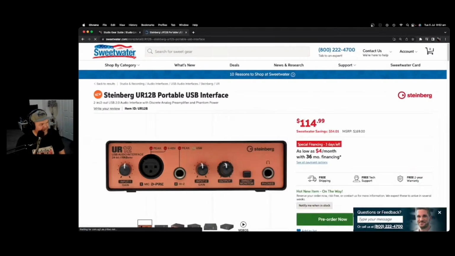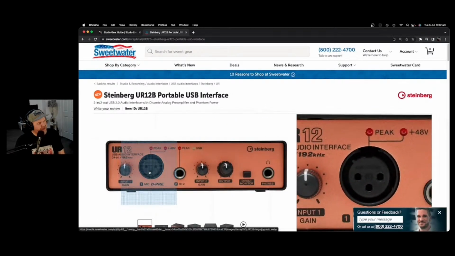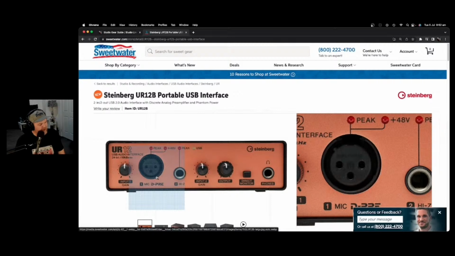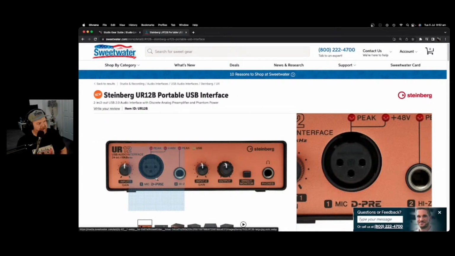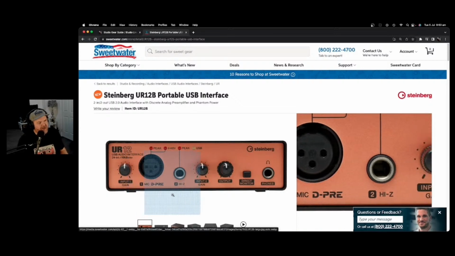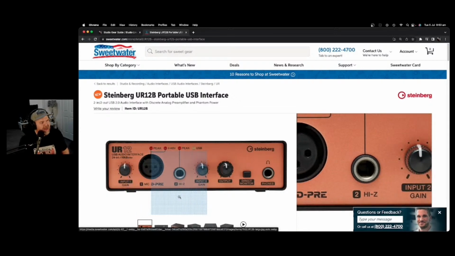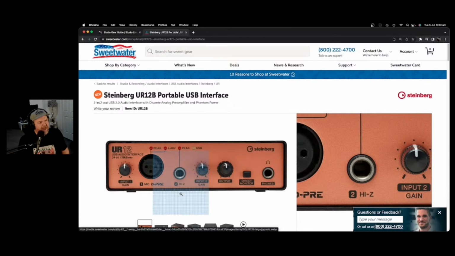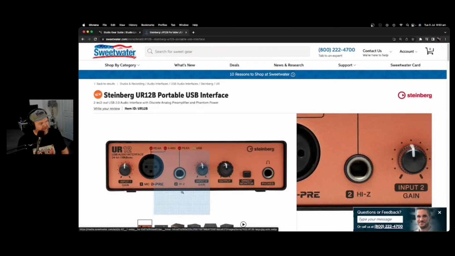It's orange. So the difference here, you can see that this is the mic preamp. That's where you use an XLR connector, one of these ones that goes into your microphone and plugs into that. Anything that's called an instrument or a high Z input is not going to work for your mic. I know I spent a lot of time talking about that and explaining that now,